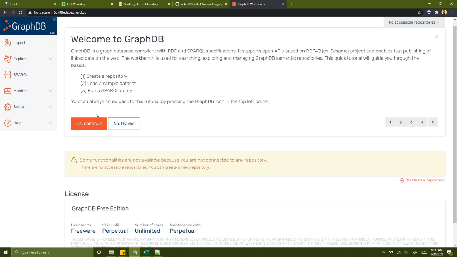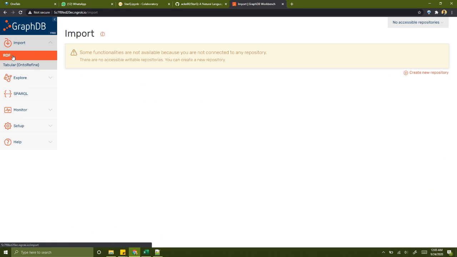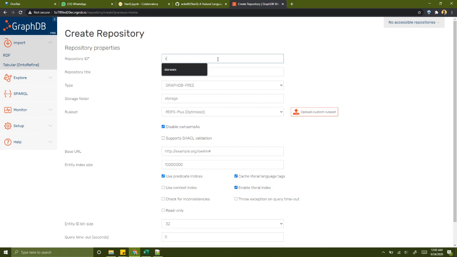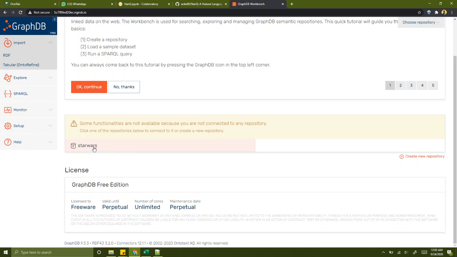We don't have any databases here, so let's go ahead and import an RDF and then create a new repository. Let's name it Star Wars. You need to select the rule set as no inference and go ahead and create the database.